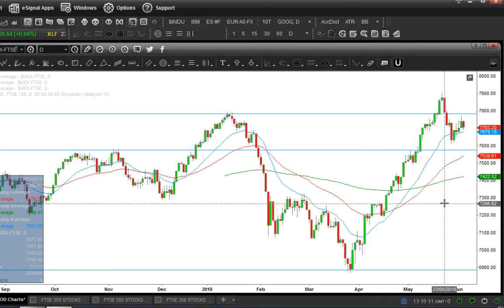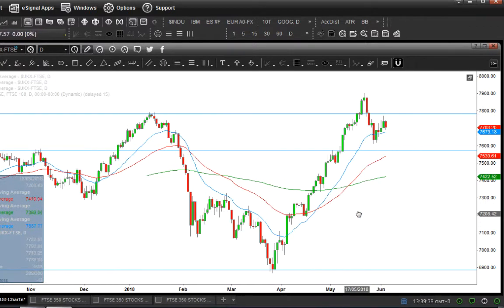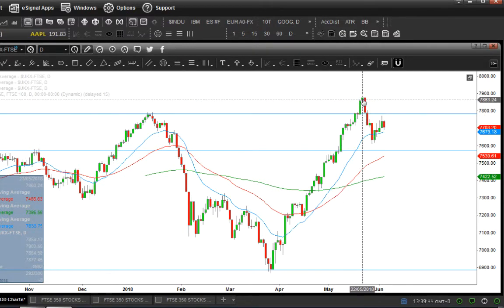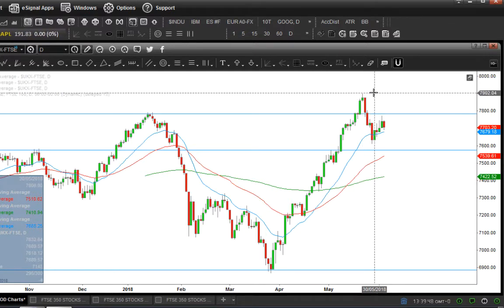Hey traders, I just want to talk to you about the FTSE 100 on the daily time frame. We have a very interesting situation to bring before your eyes and a potential sale opportunity on this daily time frame. What is interesting is the fact that we've had the all-time high printed here late May. As you can see, on the 22nd, we made an all-time high, just rejecting